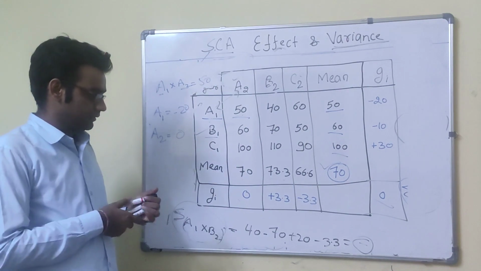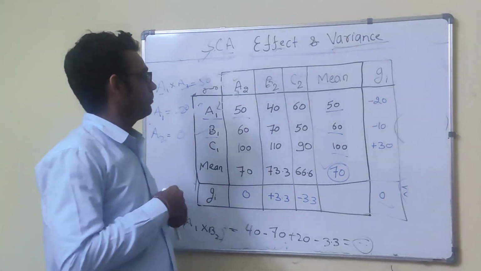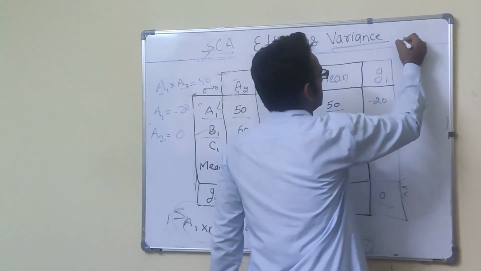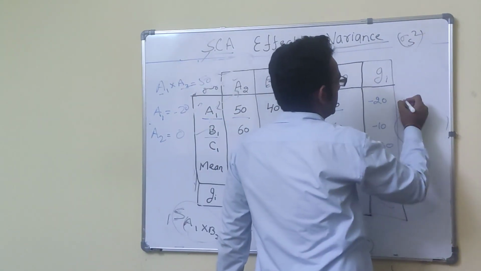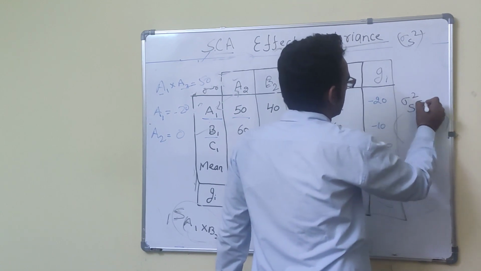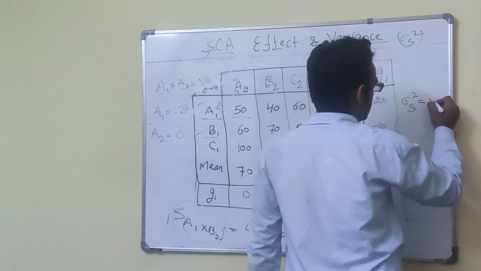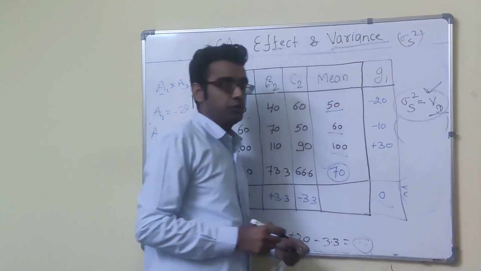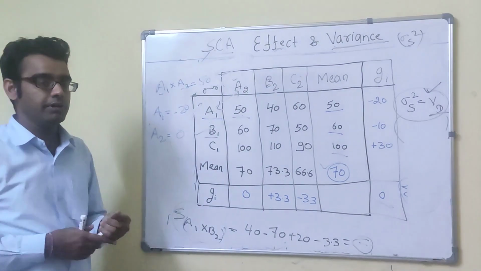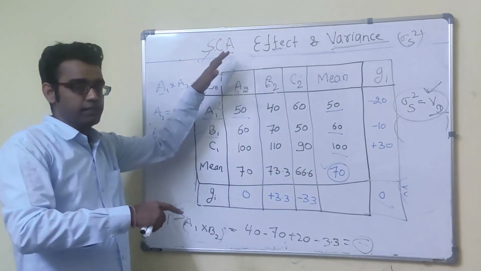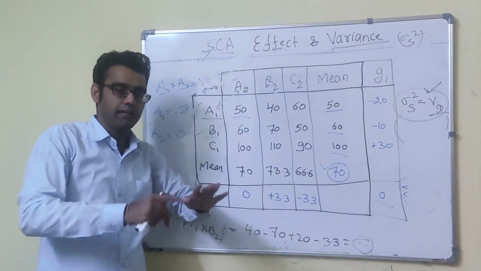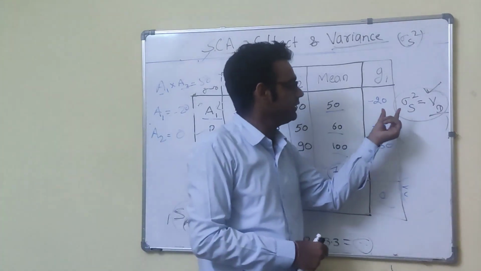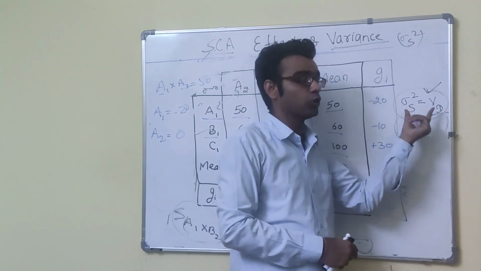And the next thing is important. Before talking more about SCA effect, I will talk about variance. Variance means sigma S square. In case of this, SCA variance is equal to VD, the dominance variance. Because you all know, and I discussed in many videos, that general combining ability is related to the additive genetic variance, and the SCA effect is related to the dominance variance. That's why the SCA variance is equal to VD, the dominance variance.